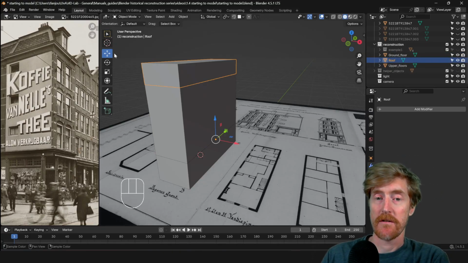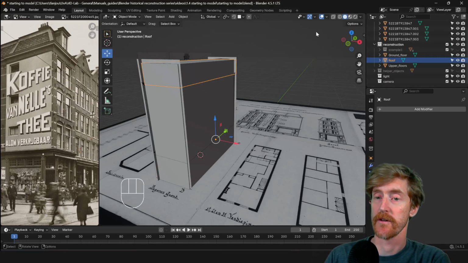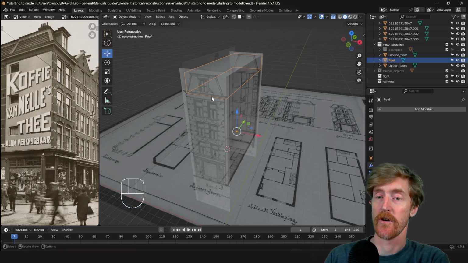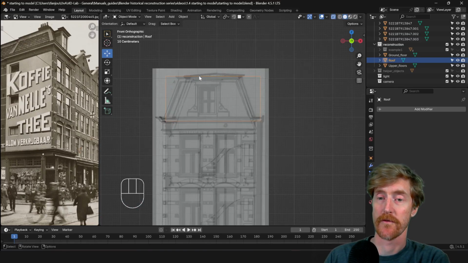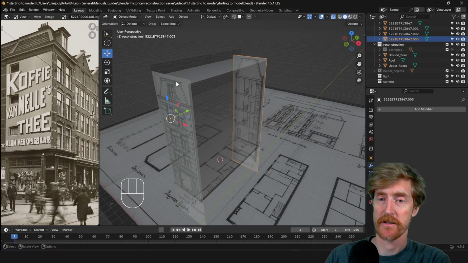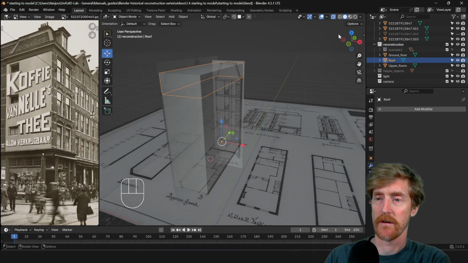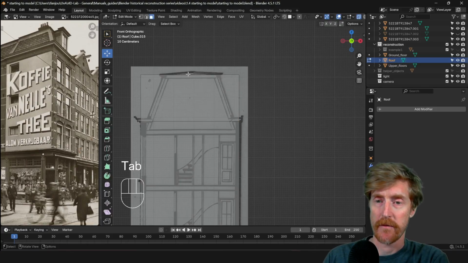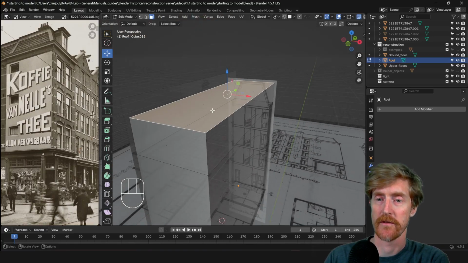Okay, so we can now start to model a little bit more detail, starting with the roof. For that I will turn on these cross sections again. I select the upper object of these three, and I will turn on X-ray, and I will go into front view. So we have not really a perfect alignment between the front view and the cross section, so we have to choose one. Which one are we going to use to represent the roof? So we're going to go into front orthographic view, and what we do then is we select this middle face, so the top face,